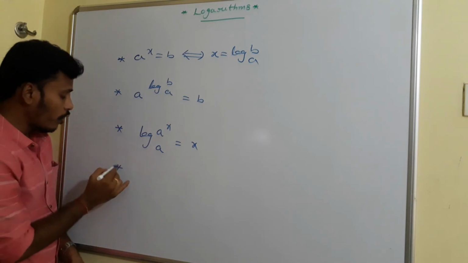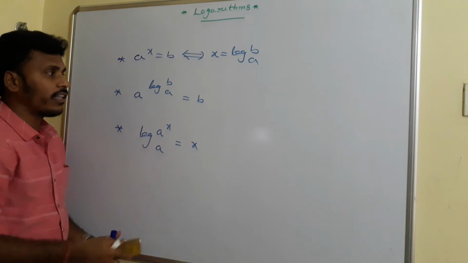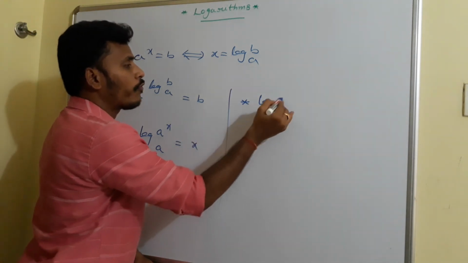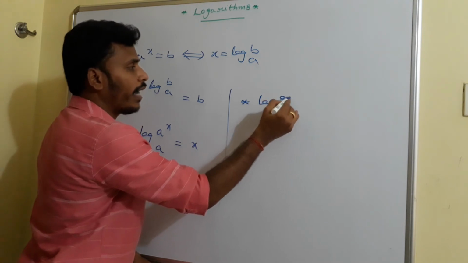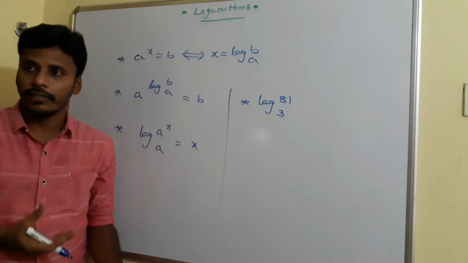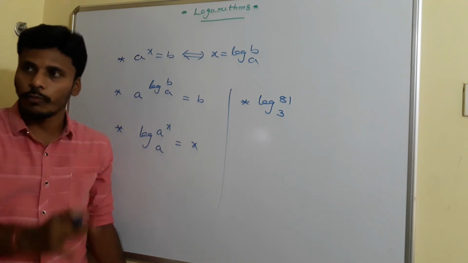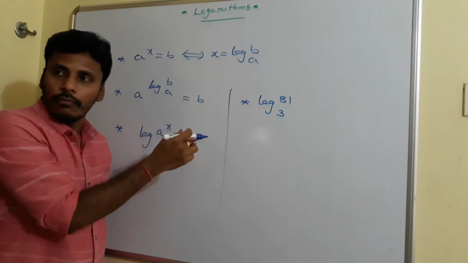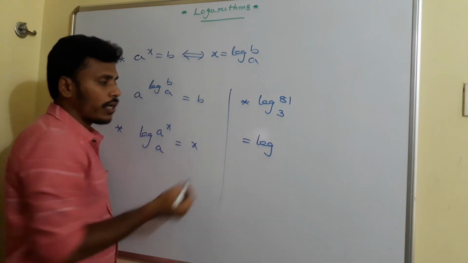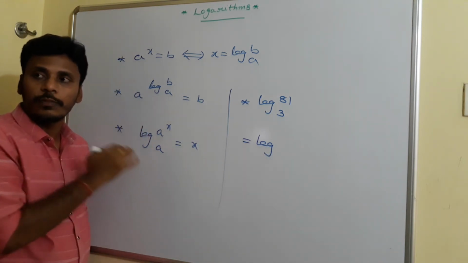Suppose I mention different examples. If anybody asks you to find the value of, you may say something like logarithm of 81 base 3. What is the logarithm of 81 base 3? See, basically logarithm is another form of exponent. It is a numerical value. So now I am going to try to find this value of logarithm of 81 base 3. So you have two ways to do it. One is converting into exponent, the other is using these basic laws.